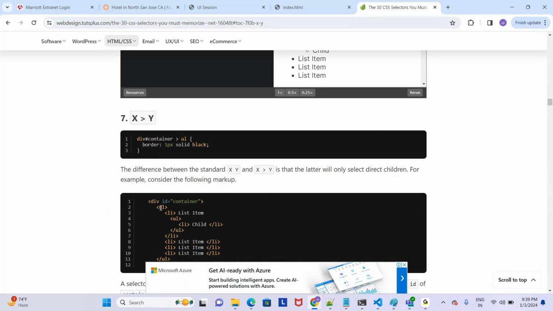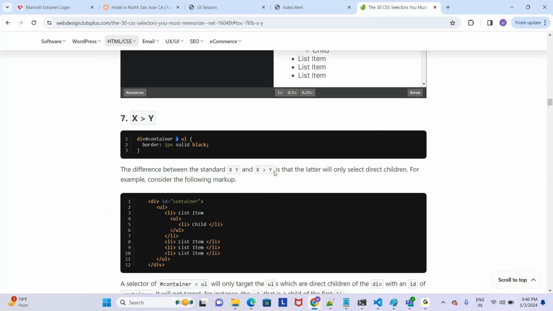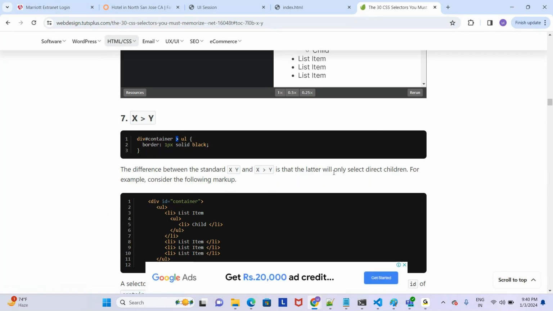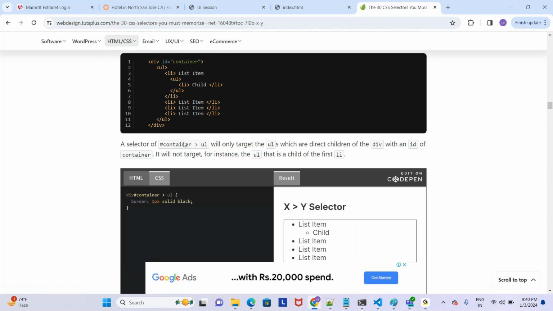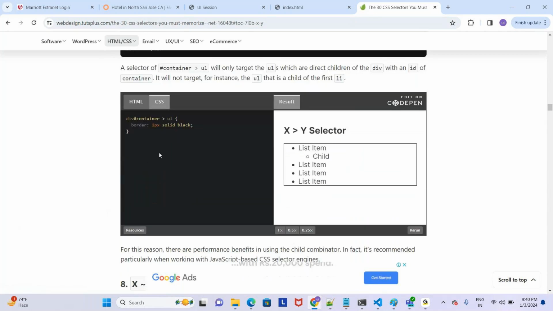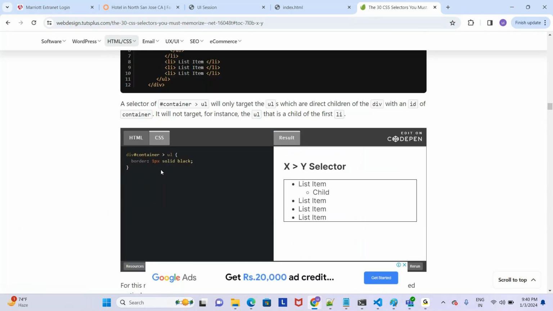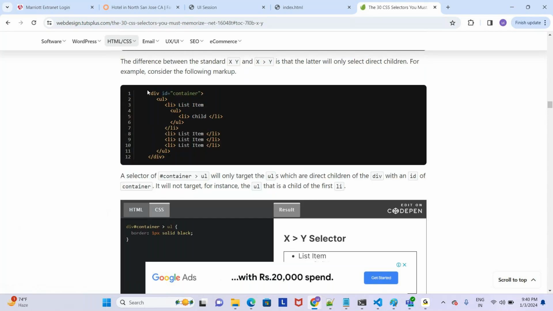So this is fine. But what if we have this greater than? Now what they are trying to say here is the difference between the standard x space y and x greater than y is that the latter will only select direct children. For example, considering the following markup. Now, if you see this code structure,